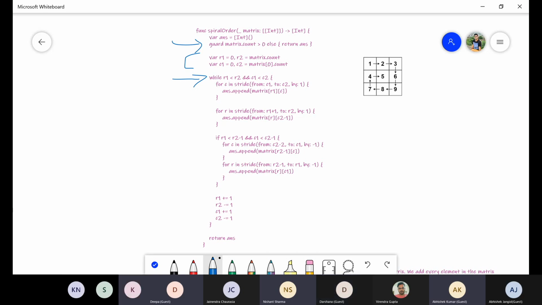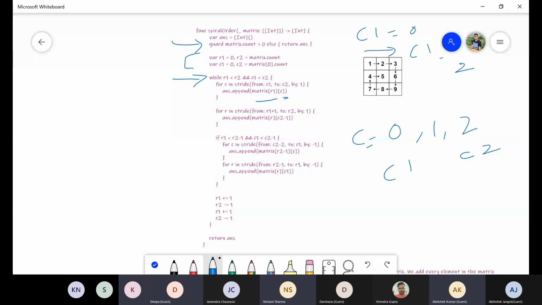And then we will start traversing. Initially, if we see in this matrix image represented, what we need to do is, if C1 is 0, meaning the initial column is 0, and the maximum possible column is 2, right? Now I need to traverse in this direction, so the row will be 0 only. I do not need to consider the R1 part, so I can directly use R1 in the matrix. I just need to increment the column C from C1 to C2. So C is initially 0, then 1, then 2. This is my C1, this is my C2.